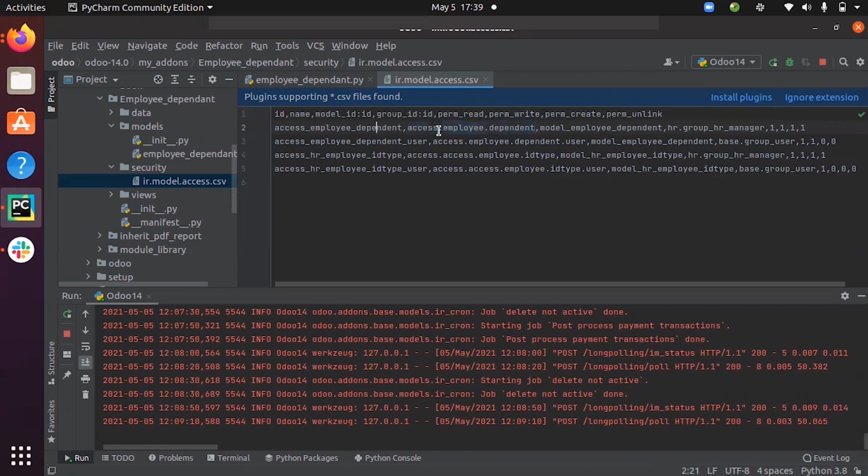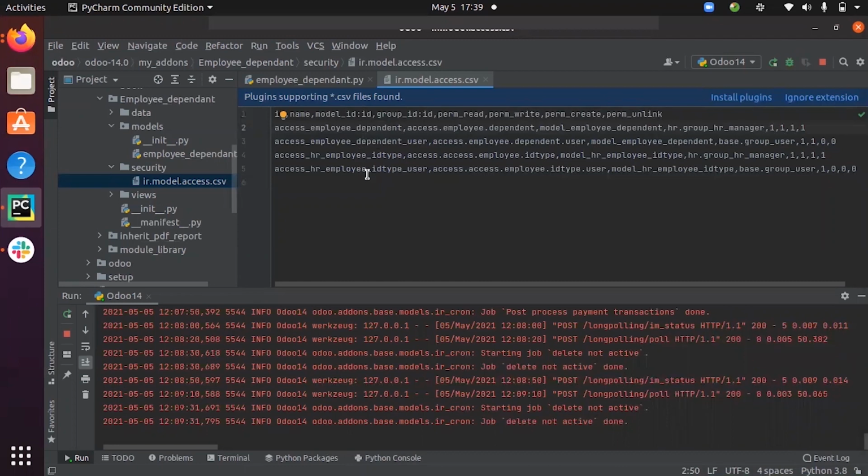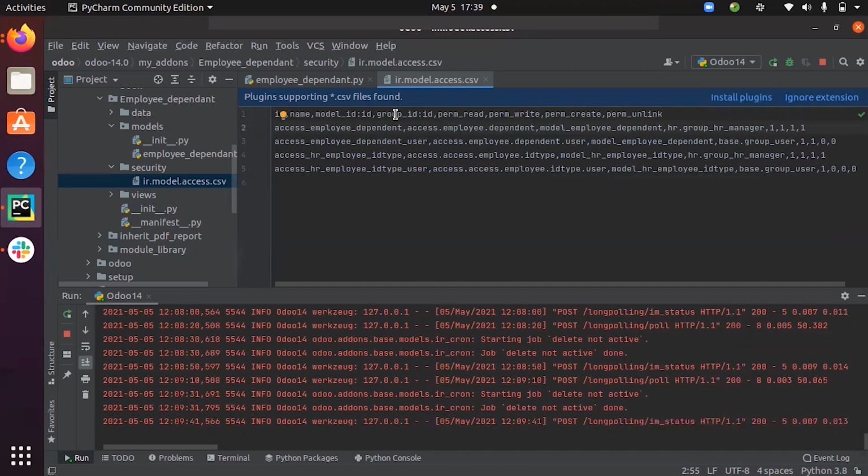You can give the name and ID according to your wish, but the ID must be unique. This name is used to identify this access right. After that comes the model ID. You have to give the model ID in this way: model underscore the model name. When you check the